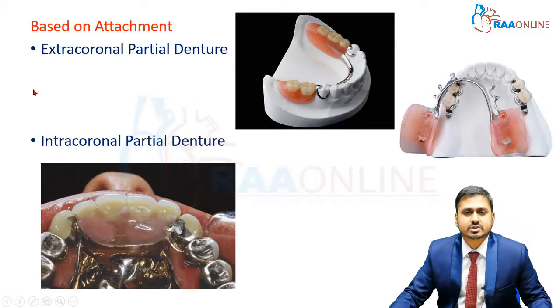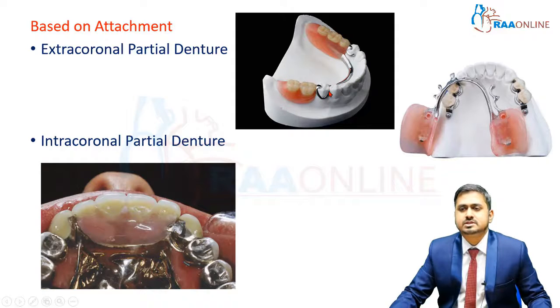Next, classification is based on the attachment or the mode by which it derives support. It includes extracoronal partial denture or an intracoronal partial denture. Here, you can see you have an RPD designed in such a way that the components which will engage the abutment teeth are placed externally or extracoronally. It will be either outside the teeth or your restoration. Similarly, we have an extracoronal attachment here, which has a ball attached to a fixed partial denture cemented onto the patient's mouth, and the undersurface of your RPD has a housing which gets seated into this attachment to provide retention.